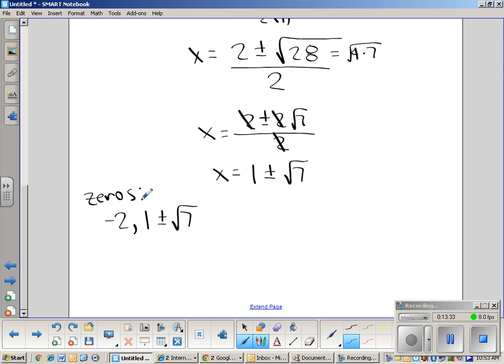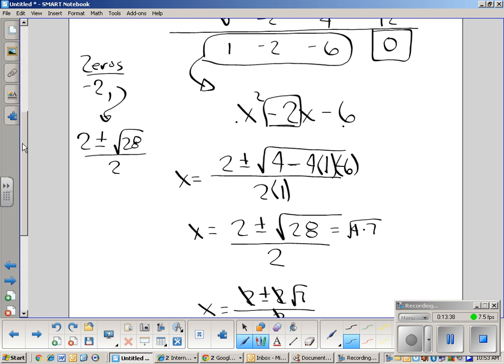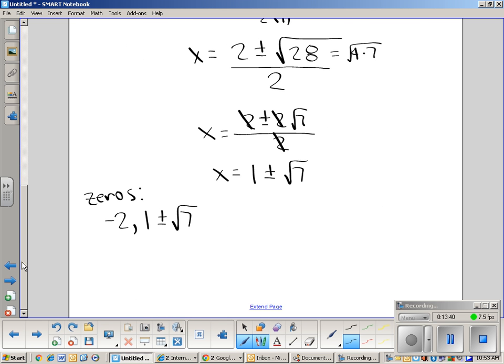Okay? There's 3 of them there. How many of them were rational? Yeah, it was -2. How many of these are rational? 1. How many are irrational? 2. How many imaginary? None. Okay, good. That's the concept we worked on the last 3 days on the project. How many zeros are there? Are they rational, irrational, imaginary? Okay? And so when you look at your equation, you see the degree that tells you how many zeros there